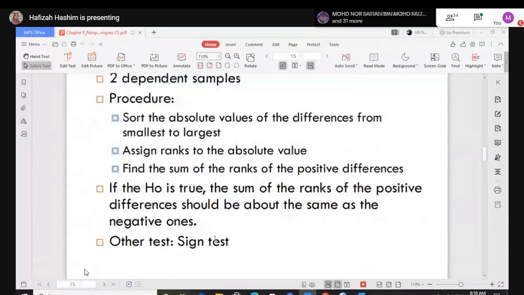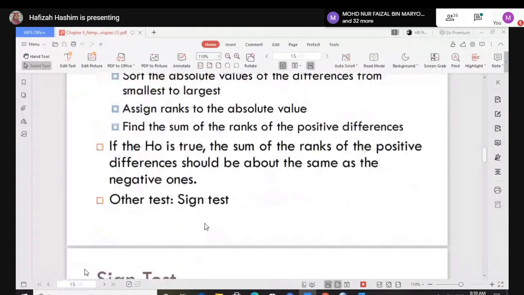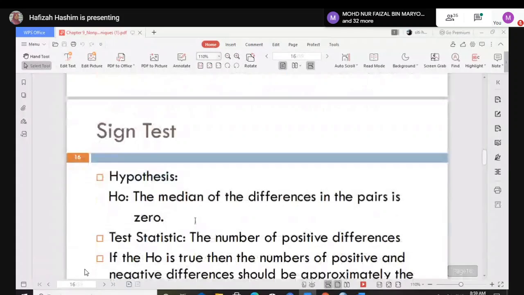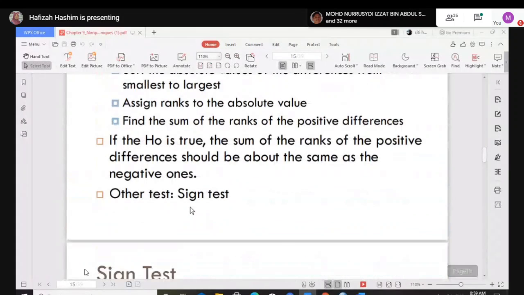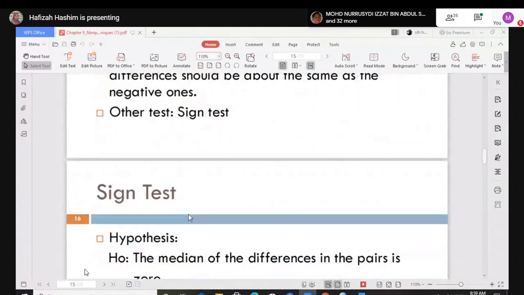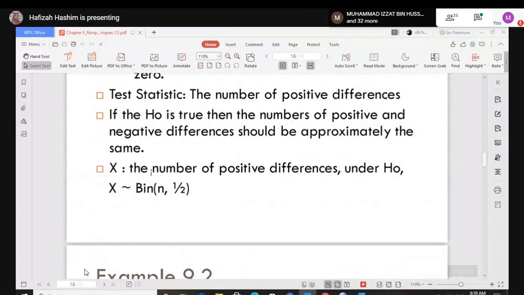That's why you can use either the Wilcoxon or the sign test, but the output might be different. So here, the number of positive differences under H null, you can use the binomial distribution, given the sample size, and your P is 1/2 because you only have two choices here, positive and negative. So P equals 1/2.